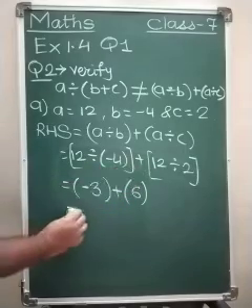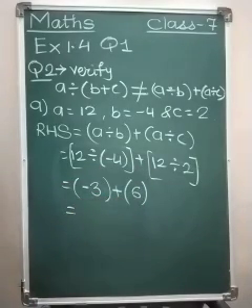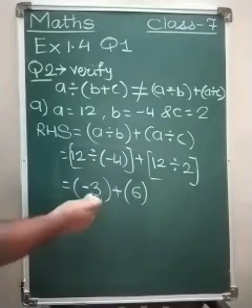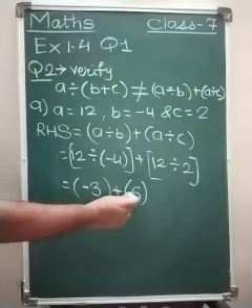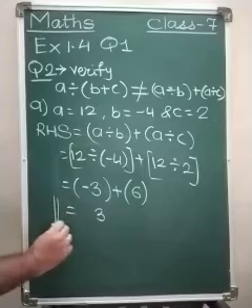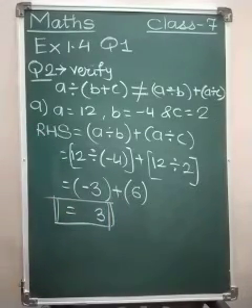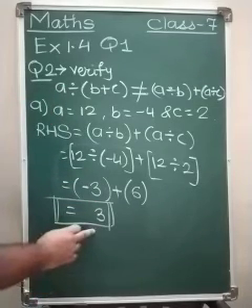Simple. Now this equals -3 plus 6. Minus and plus, the operation would be subtraction, so out of 6, 3 is gone, so we get 3, and here 6 is the bigger number, the sign is plus, so this will be +3. So we clearly see, RHS is +3. LHS was -6 and this is 3.